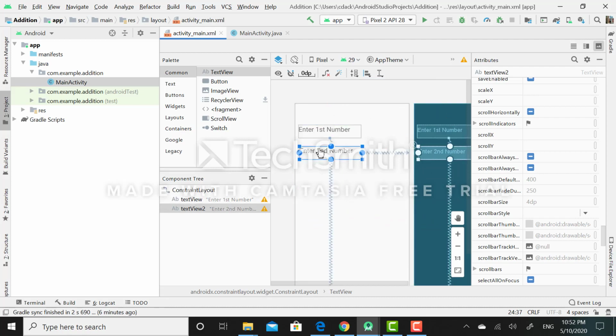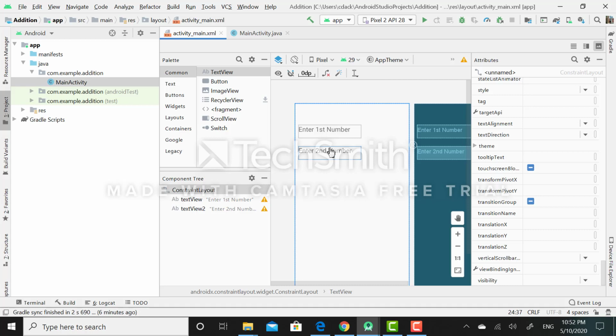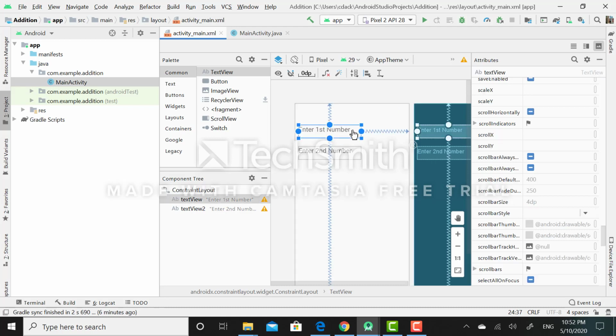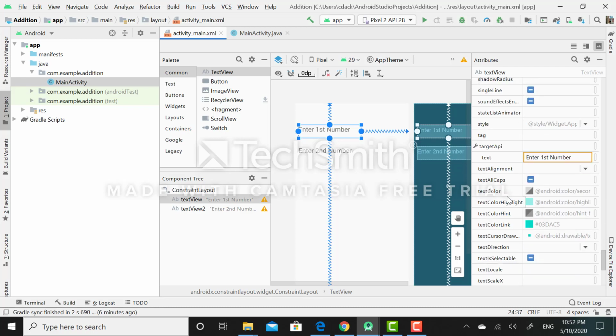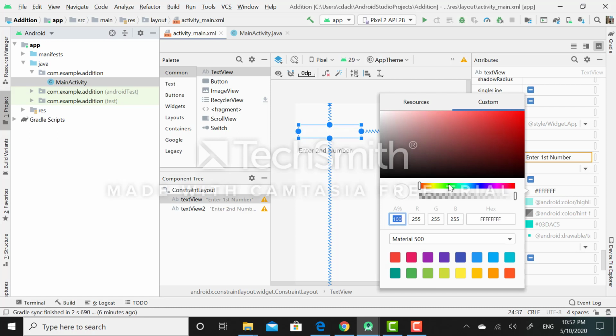So to change the color of this text message, you need to select the text color attribute. So simply click on this first text view widget and select the attribute text color. By clicking on this text color, you may find a variety of colors. You may select a text color of your own choice. I have selected this text color so it will be better viewable to you.